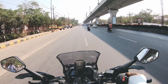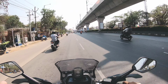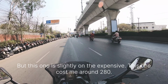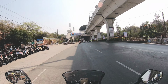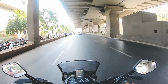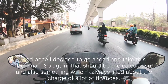So having said that, I think price also is something that you need to consider. At that moment, for me, the maximum that I could stretch was 160, 170, and the Pulsar F250 cost me around 163, right? But this one is slightly on the expensive side. This one cost me around 280, and the Pulsar, I got a good deal, roughly around 85, so a little more than half the price is what I got for the bike,